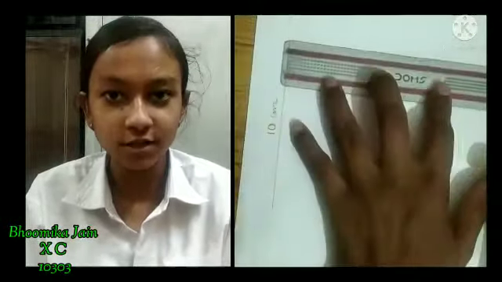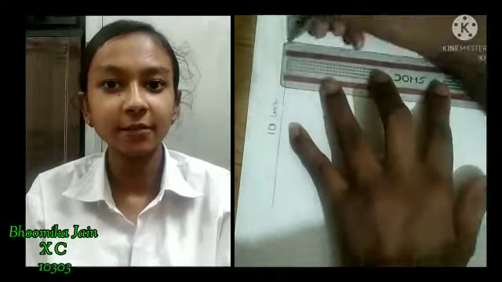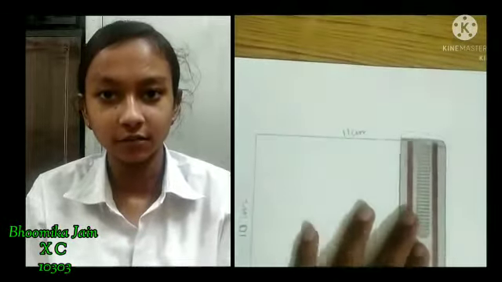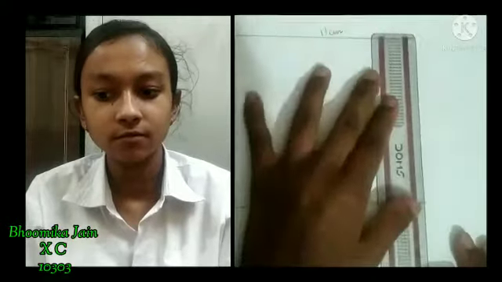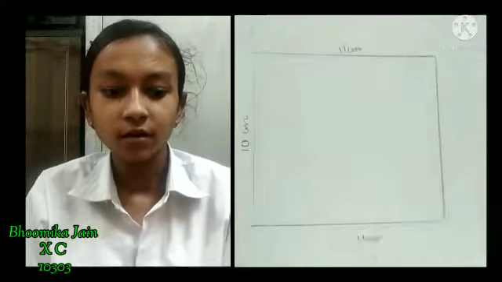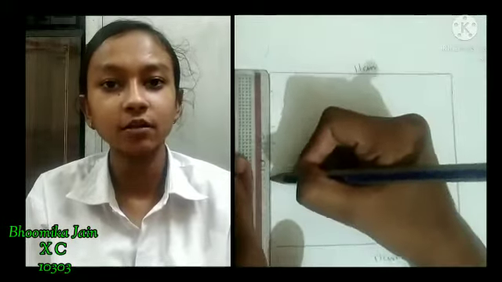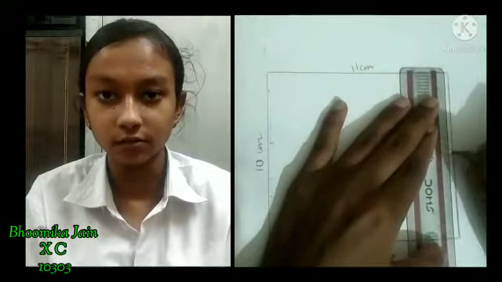Now what we have to do, we have to make a rectangle first with length 11 cm and breadth 10 cm, because we are taking our AP of 10 terms. Then we have to draw markings of 1 cm on each side of the rectangle.